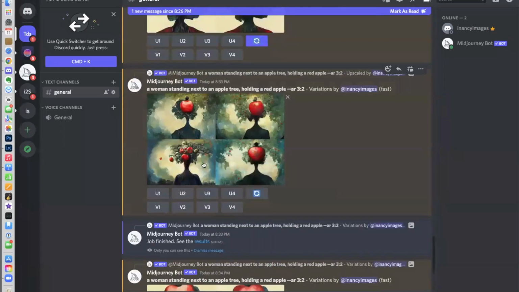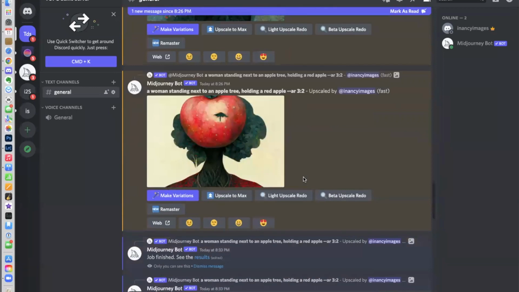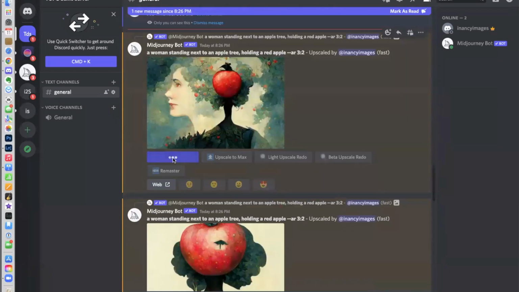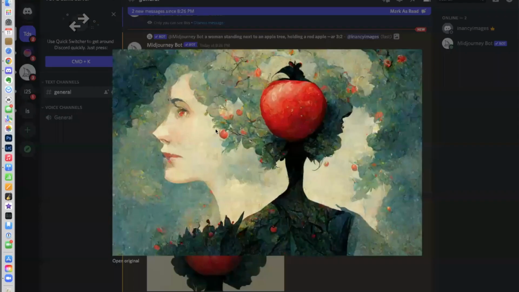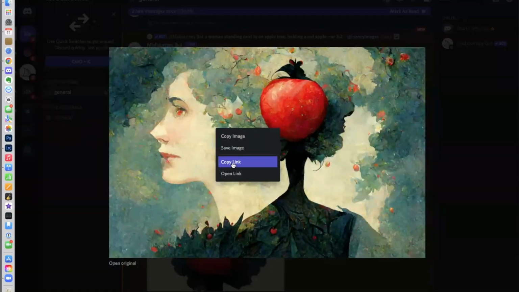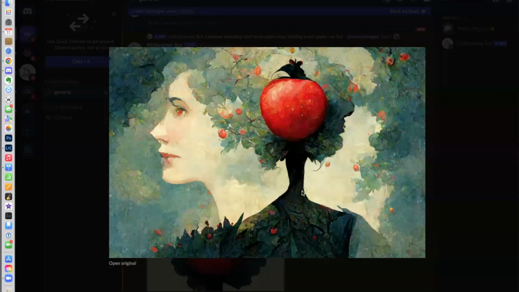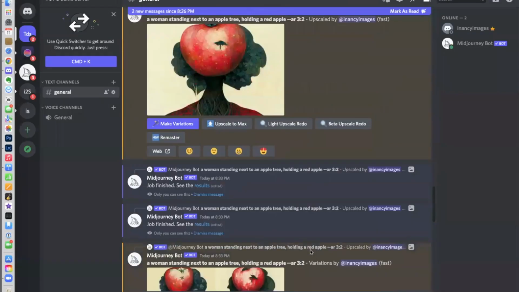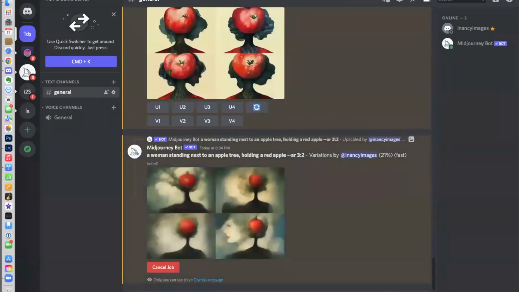So I might try to say, I want to make those variations again, and maybe it will keep the face. The other thing I can do is copy this image link. And remember I said you can use an image to kind of guide it. Oh, see, look, I re-rolled it again. Now I'm going to get the face in one of them. And you can say,